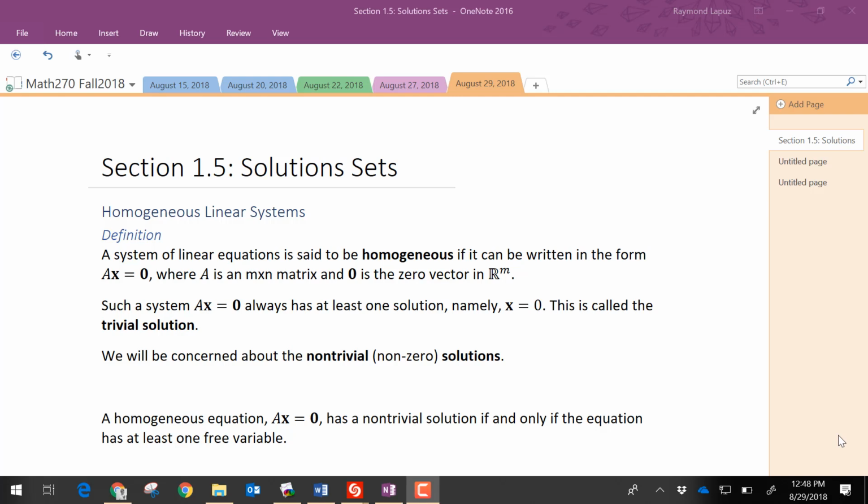It's all about applications, but what I'm planning to do is try to make a video of it and show you how to do some of the examples there. But I didn't assign you any homework from that section. But it might be good for you to look over, because I might assign a worksheet project that covers things from that section. So we'll start off by defining a homogeneous linear system here,